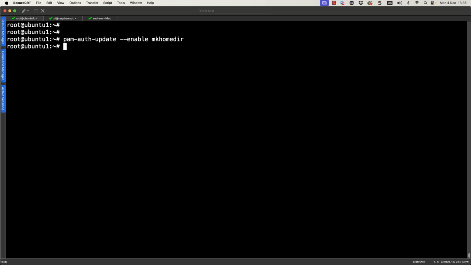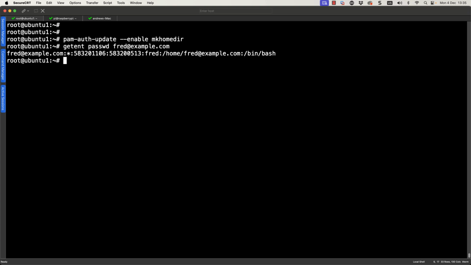But with that done and dusted, we should be able to first go through and search for our users. So getent passwd, get the entire password database, and search for fred@example.com. This is one of my domain accounts, and we can see the information coming back.